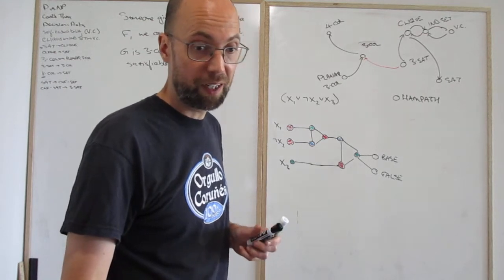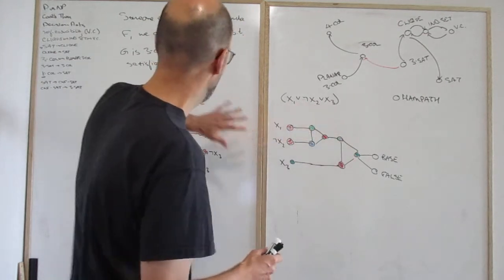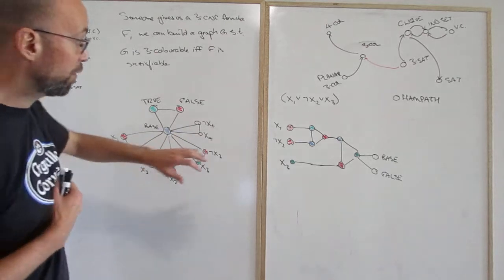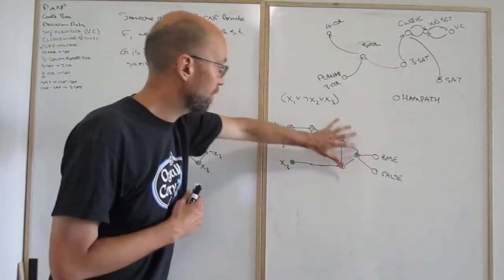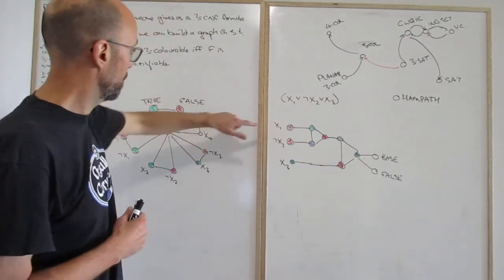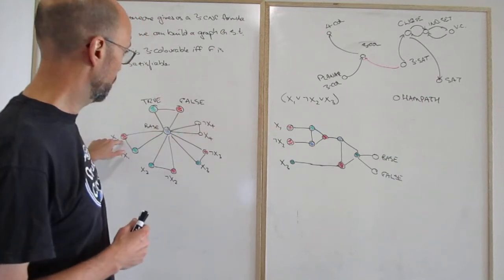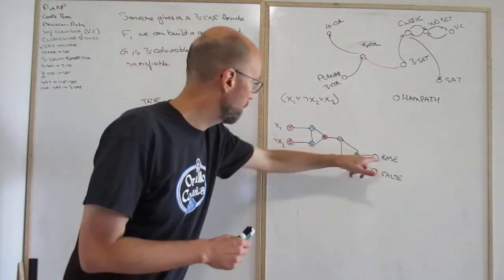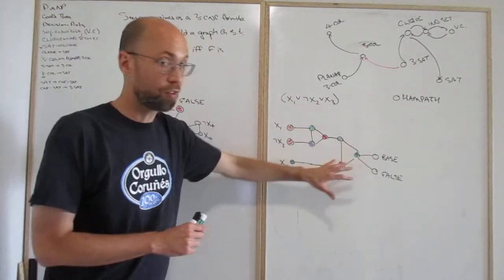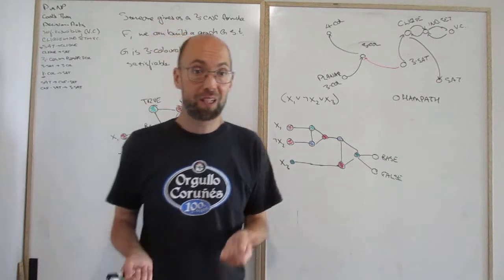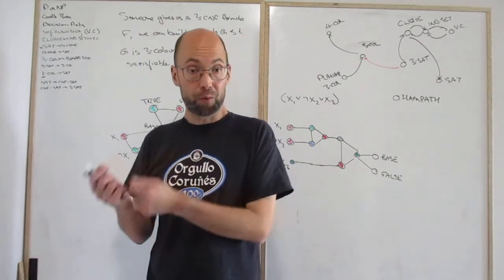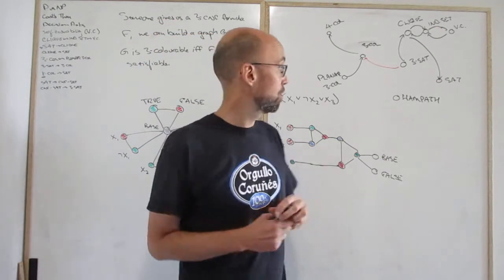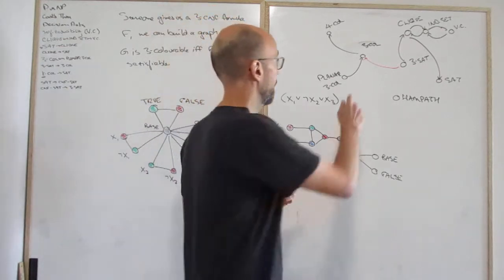So therefore, it's saying this graph is 3 colorable if and only if, and you do this for every clause. Remember, this x1 is this. It's not hanging off, it's not a separate graph. And this base is this. So now you get this graph that's 3 colorable if and only if your formula is satisfiable. So we have that